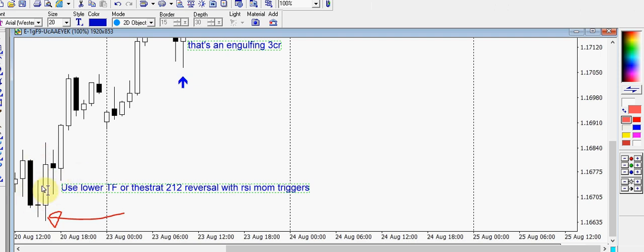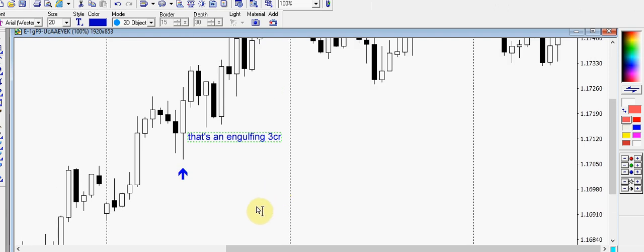But if you're desperately hunting for trades, then you need to be a little bit careful. This one I've annotated as an engulfing 3CR. That's not an inside bar, but it's a penultimate low, ultimate low, and then we've closed above the high. That's an engulfing entry. So watch the lower time frames at this point to enter once you get a lower time frame 3CR or